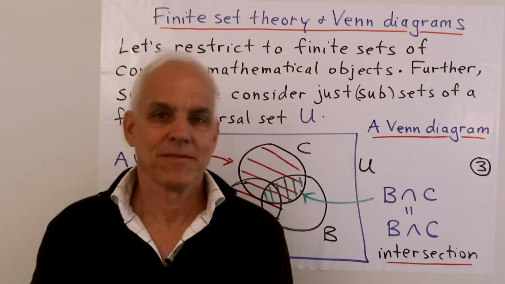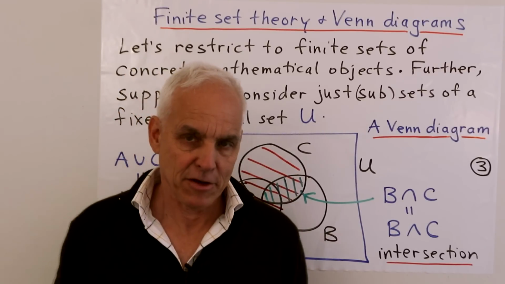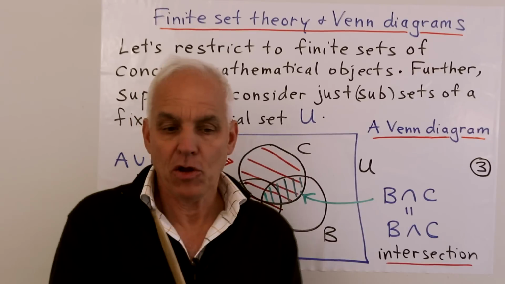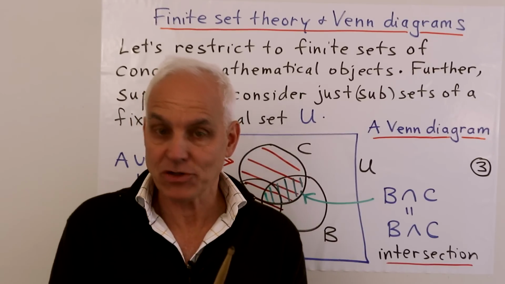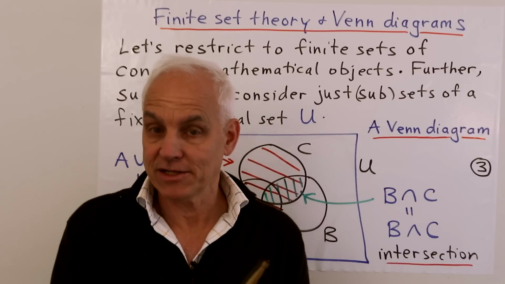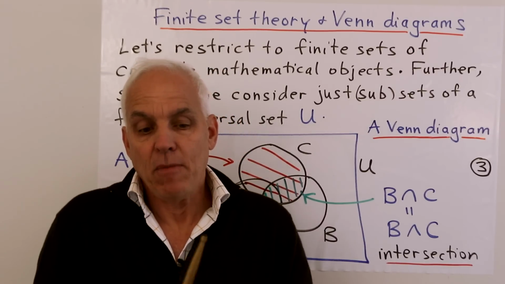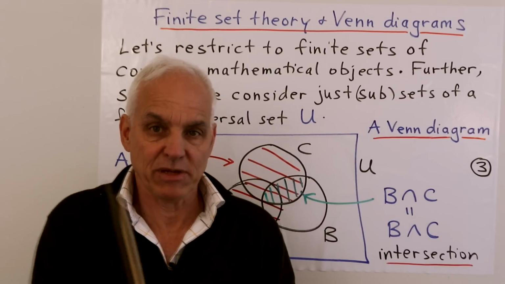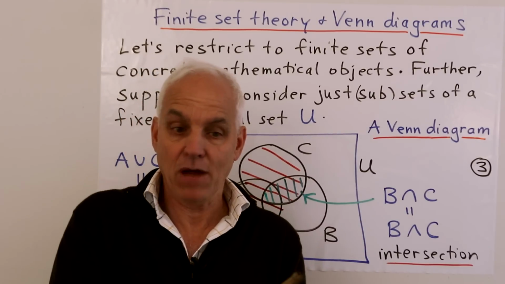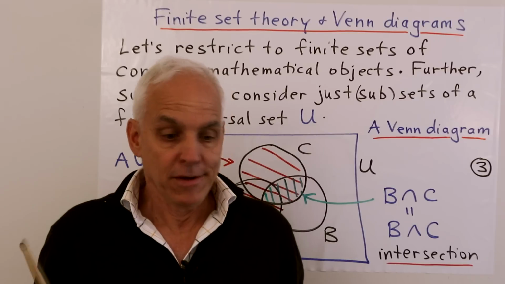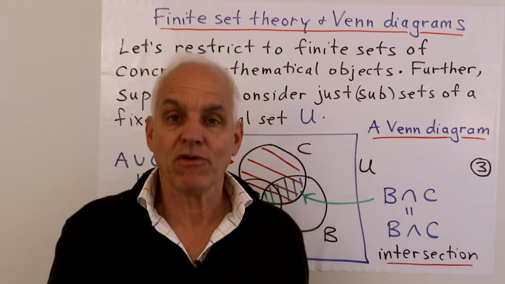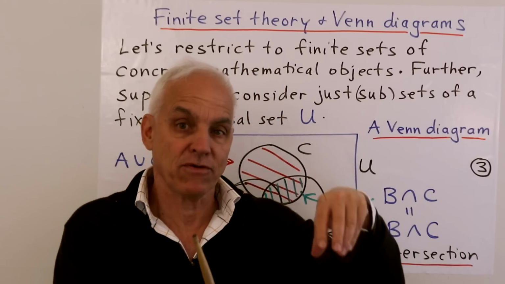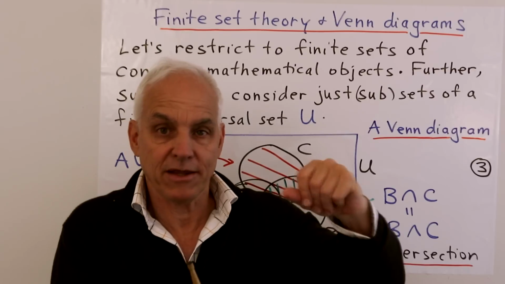So let's talk about finite set theory. We've already talked about data structures, and we've seen that sets are one of the four important types of data structures, along with lists, multisets, and ordered sets. And from my point of view, set theory, when restricted to finite sets, which are explicit and concrete and consist of mathematical objects, is a perfectly beautiful and important and useful branch of combinatorics. So we have combinatorics, and set theory is a part of combinatorics, along with multi-set theory and list theory and many, many other things.